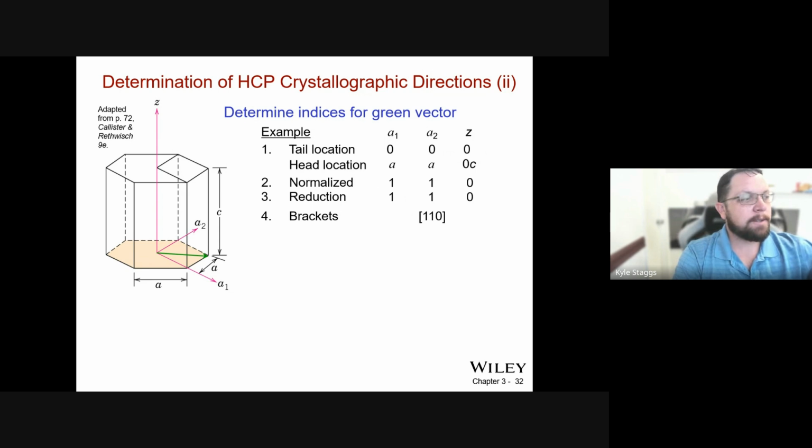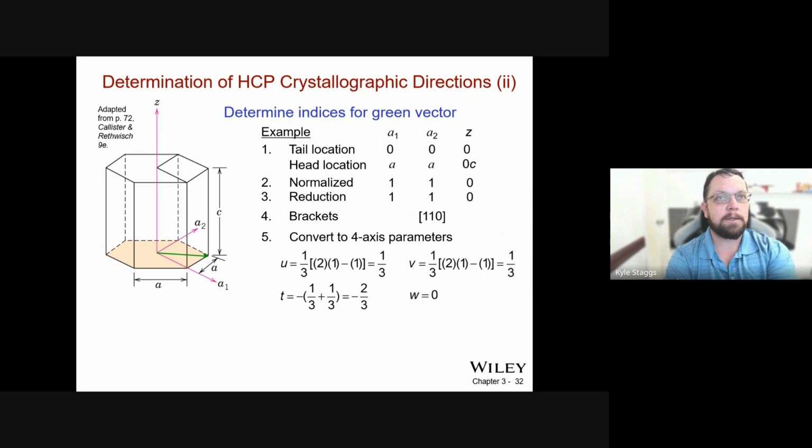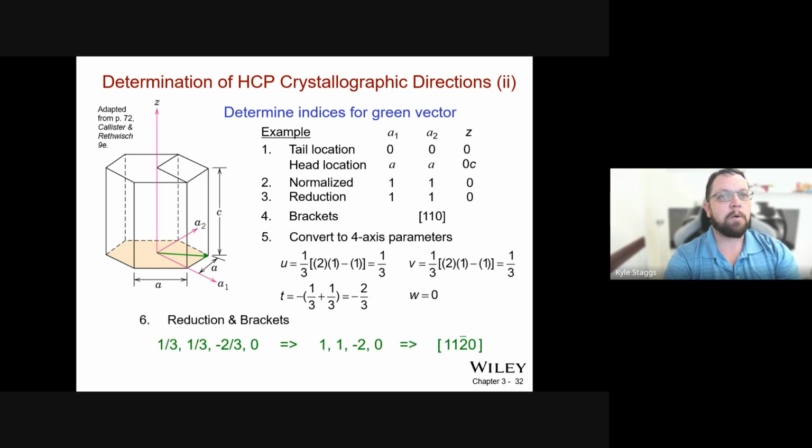So in brackets, we start with 1, 1, 0, then we plug in for our formulas. We calculate U based on the formula. We calculate V, we calculate T, and we calculate W. Each of those then needs to be normalized. So we multiply through by the common denominator, and we end up with 1, 1, minus 2, 0